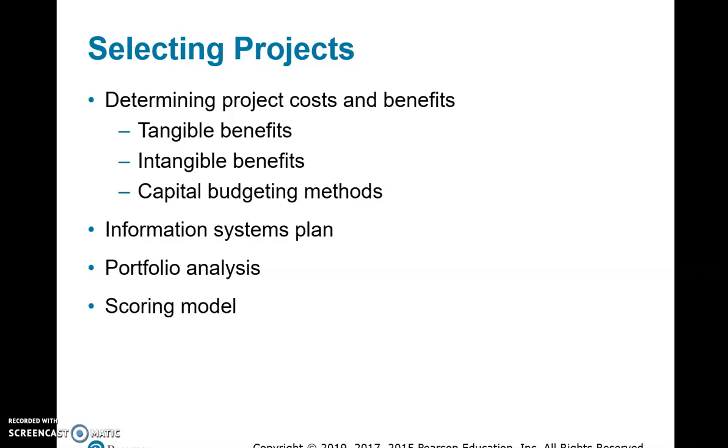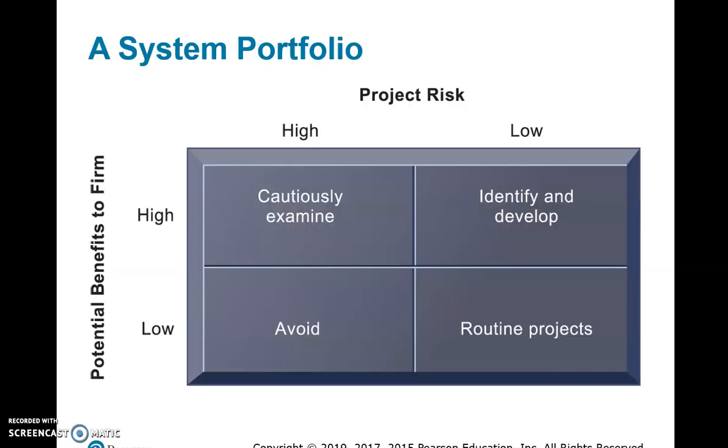Each project in the information systems way needs to have some planning. They also go through the analysis of what is inside the project, look at risks and various factors, and come out with a scoring model of the project as well. A system portfolio contains 4 quadrants of project risk and potential benefits. If the project risk is high, and the potential benefit to the firm is also high,